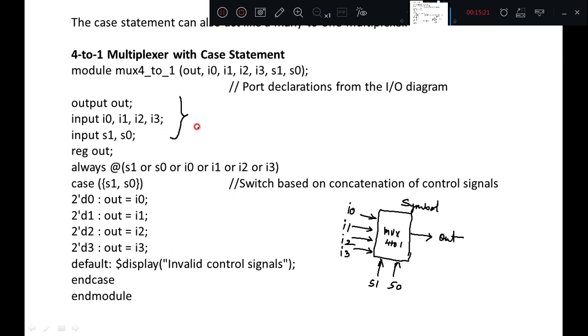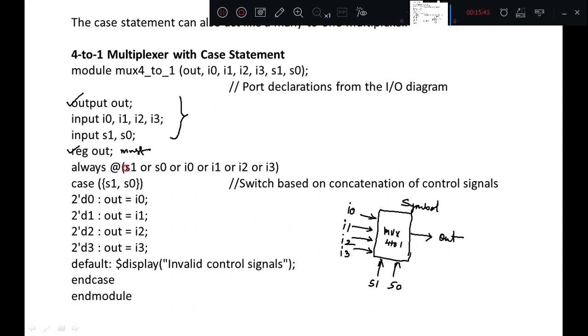Since a case statement needs to be written within an always statement, the output needs to be redefined as a register. So the output we have written as out is redefined as reg. This is a must, compulsory. Why? Because you are trying to assign a value to out within an always statement.